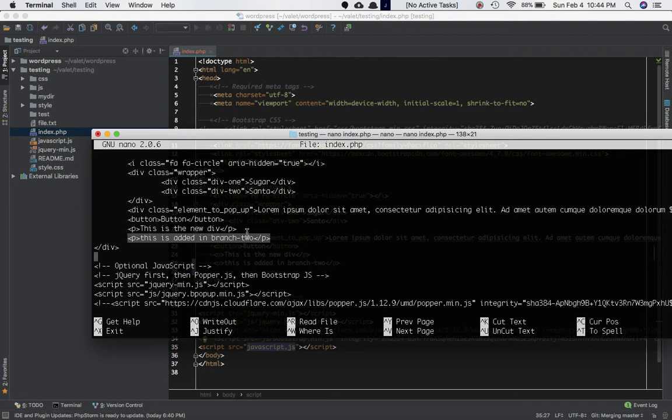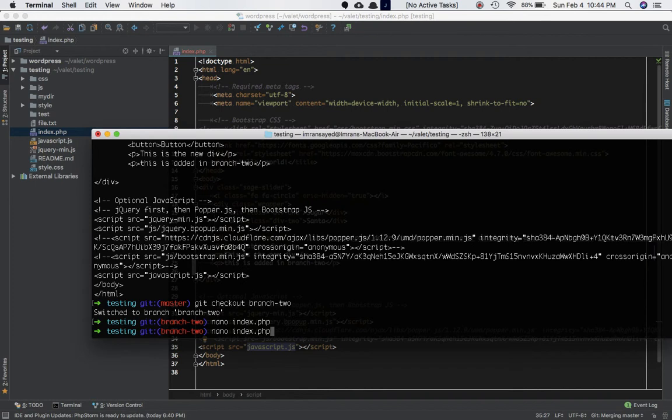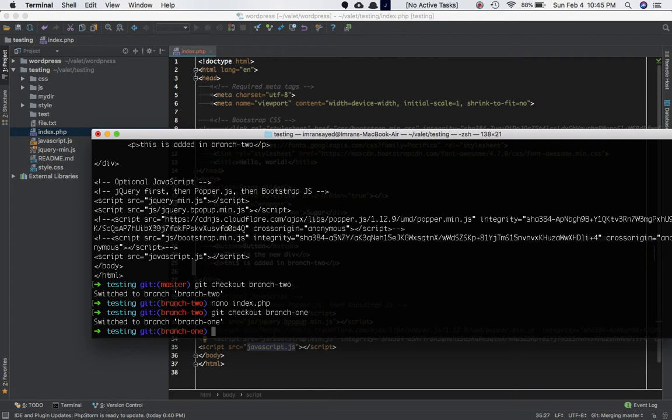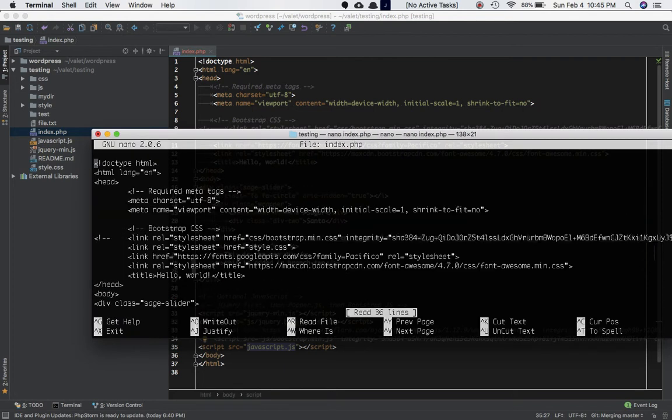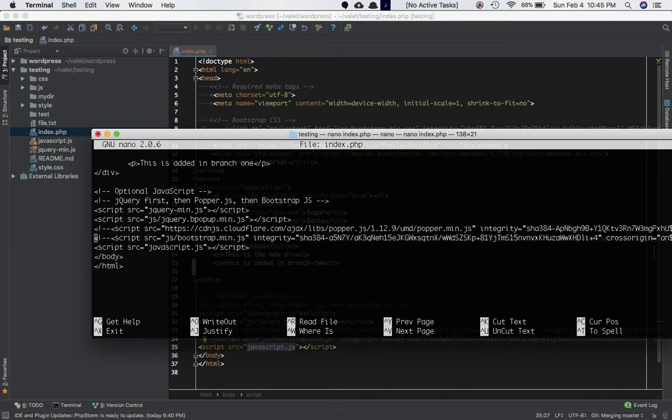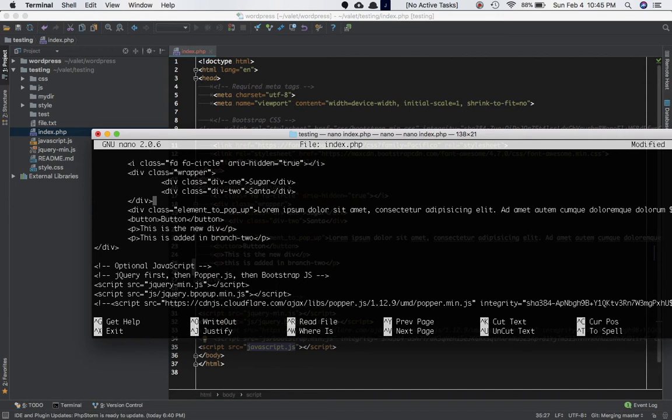In fact, let's keep it this way, sorry. Let's go to branch 1. Okay, and nano index.php and we will change this to branch 2. Save it,